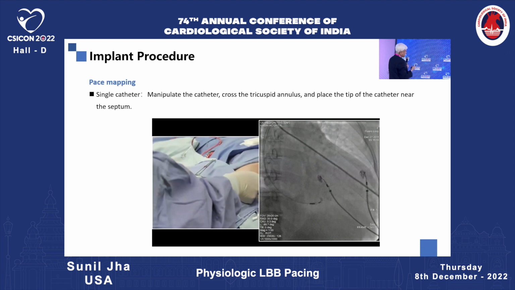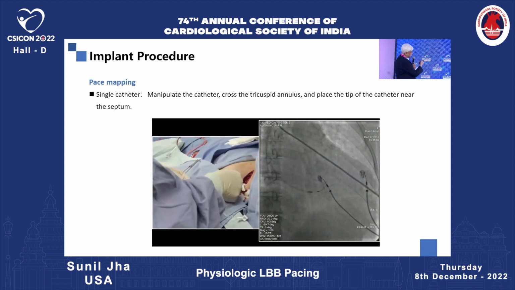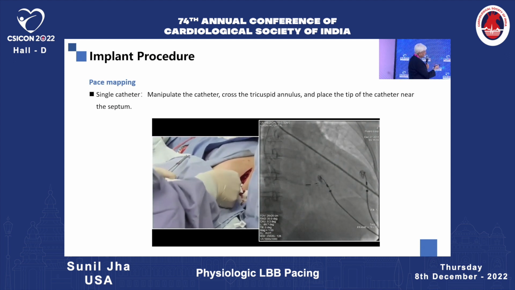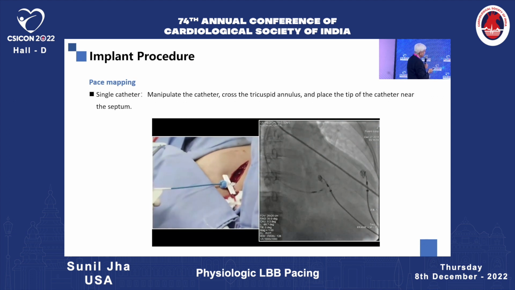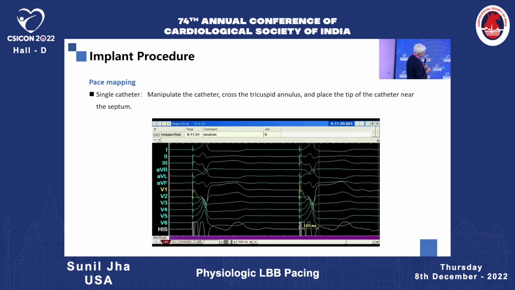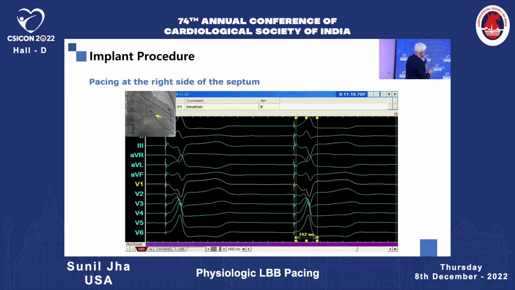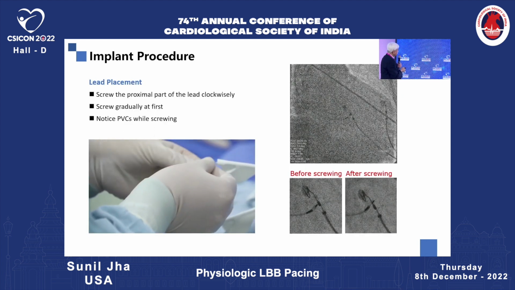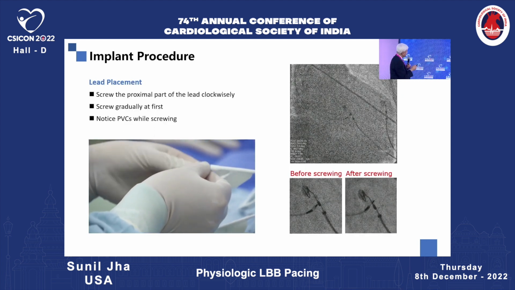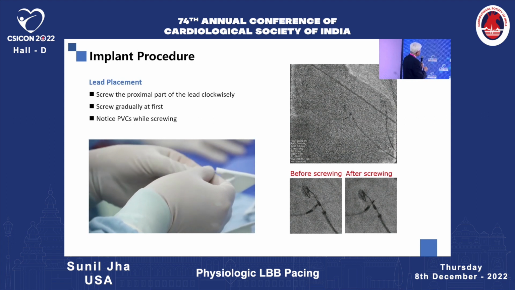And then this is how it goes. You have crossed the tricuspid valve, you are in the septal area, and then, okay, initially you will see this W pattern on V1 with a notch in the very early part of the QRS complex, and then as you are screwing the lead, 4-5 turns, few turns, and then